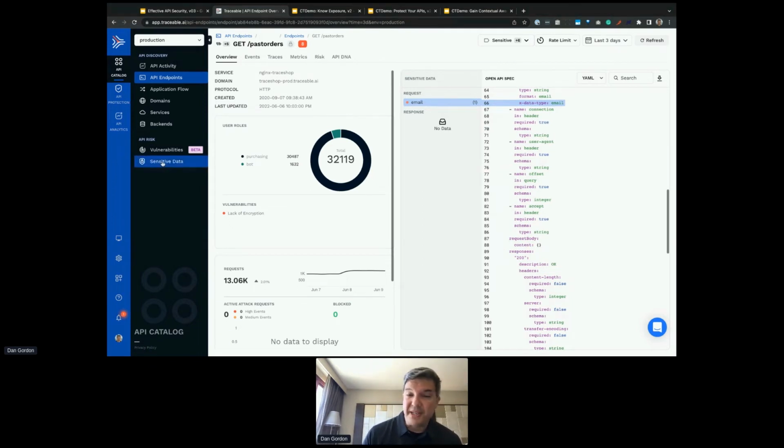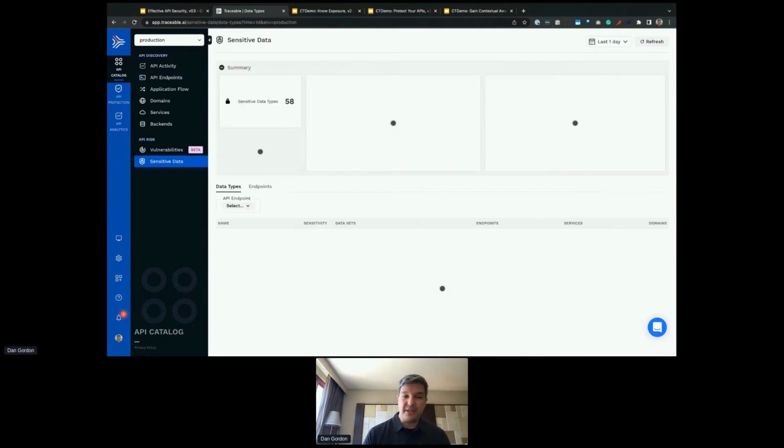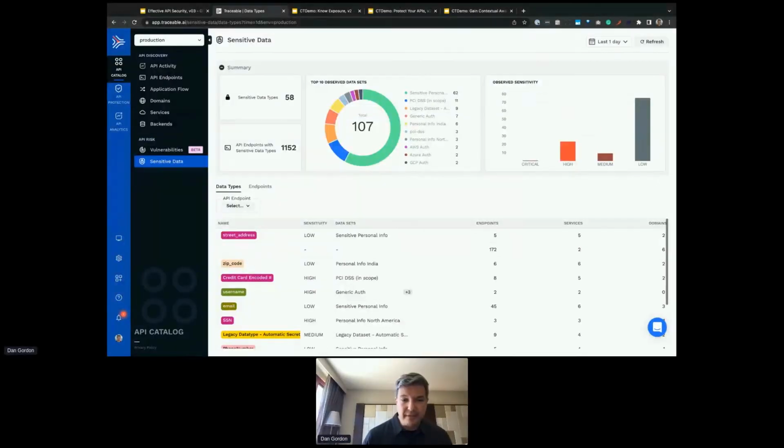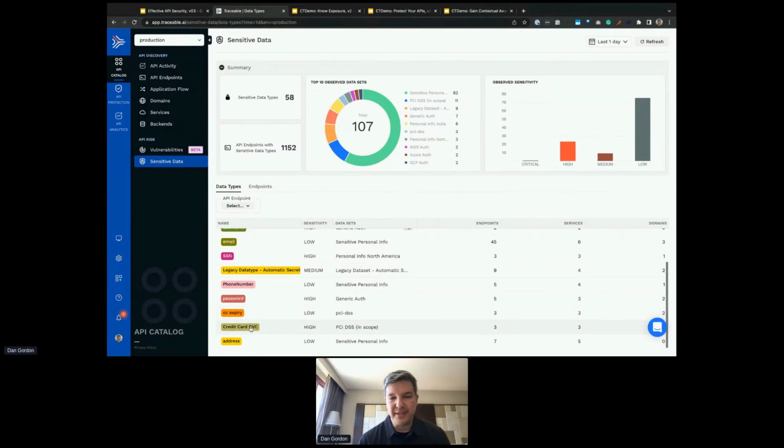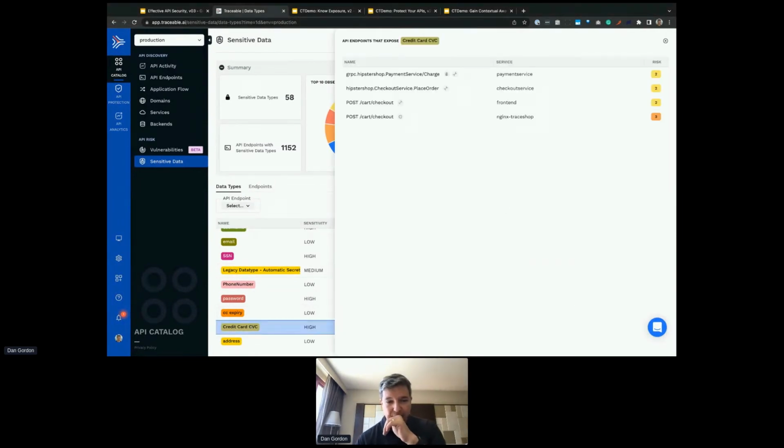From a sensitive data perspective, we can also go the other direction here, which is looking across everything, not just at a single service, and saying, what are all of the sensitive data types that are flowing through my system? For example, I have credit card CVC here. Now, these are categorizations that you can do automatically. You can also customize. And I'm seeing here that I've got several API endpoints that have this, and I can look at it